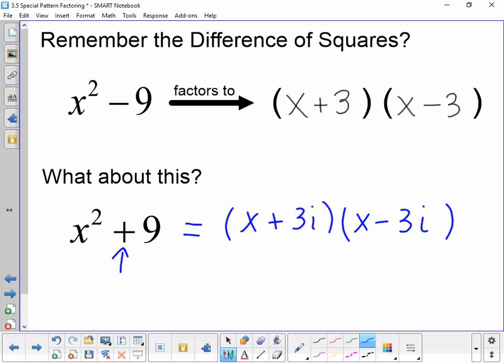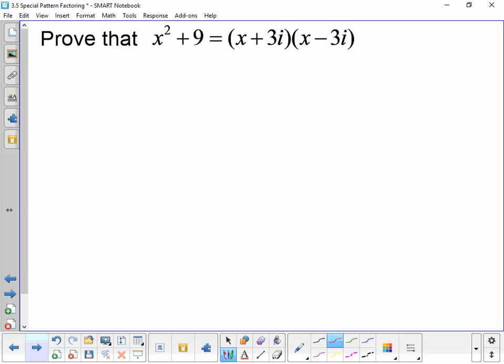So it looks very much the same. The only difference is that it has the i's, this imaginary part here. So let's see if that works. We're going to test it out by simply taking these two factors and multiplying them and seeing if it actually does multiply to give us x squared plus 9. So if we have an x plus 3i and an x minus 3i, well, if we want to multiply this,